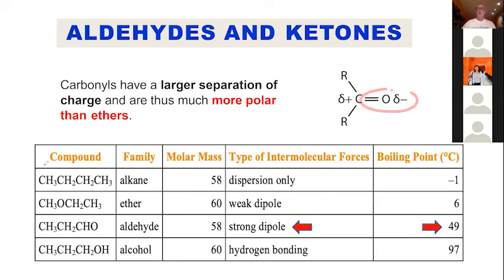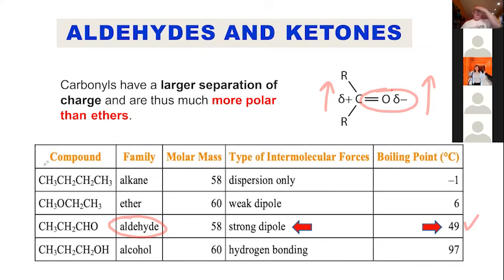since we have 4 electrons shared between the carbon and the oxygen, we have a bigger increase in the partial positive and a bigger increase in the partial negative charge. And so it's a lot more polar than ethers. This is a very polar molecule. So if we have an aldehyde, we see a big increase in the